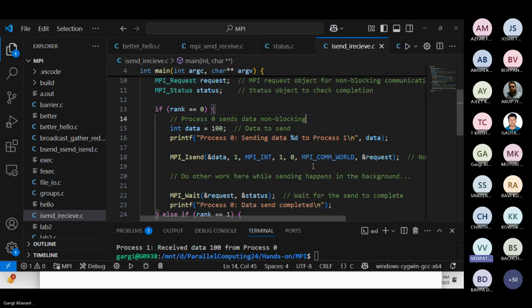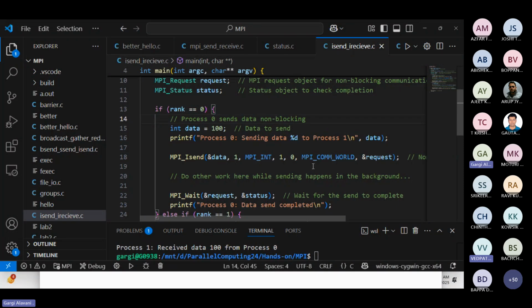The point I'm trying to make here is that between MPI iSend and MPI wait, the buffering of that data is going to get completed, but we are given a chance to do something in order to save CPU cycles. But we need to be very cognizant that we should not modify the data which is actually in the process of getting sent out. So I think it needs to be a